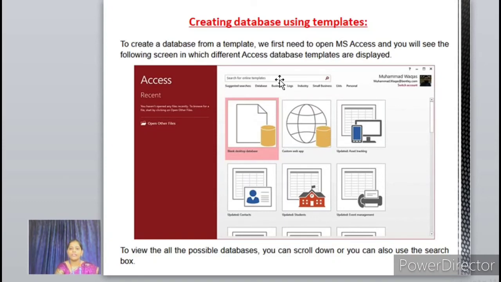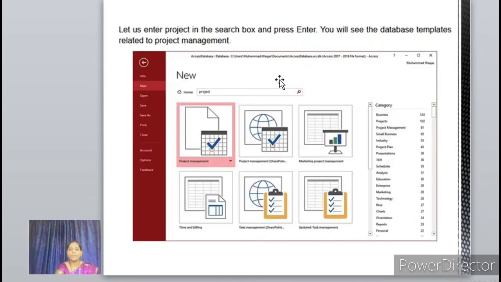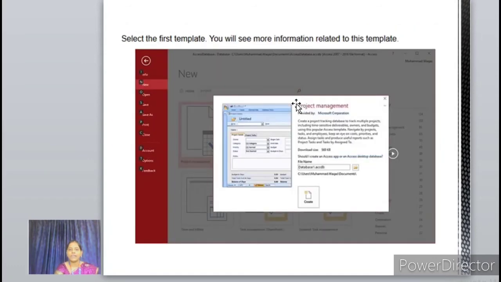Next, let us enter project in the search box and press enter. You will see the database templates related to project management. Select the first template. You will see more information related to this template.